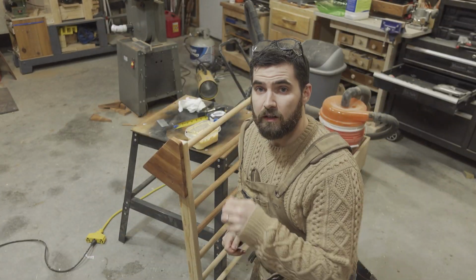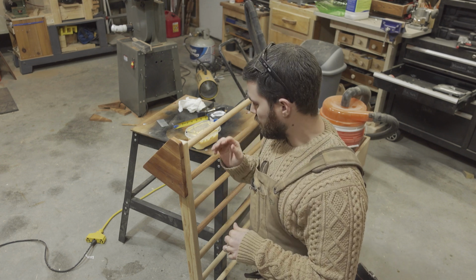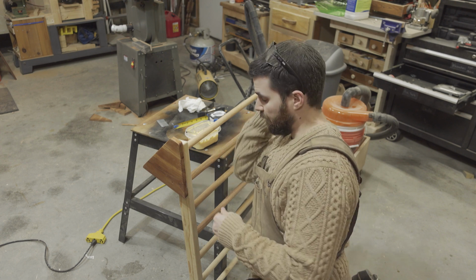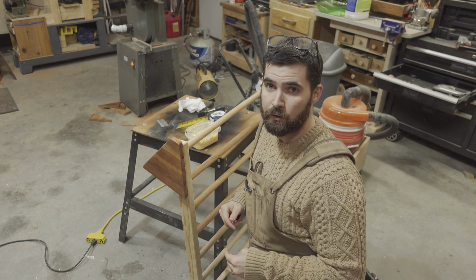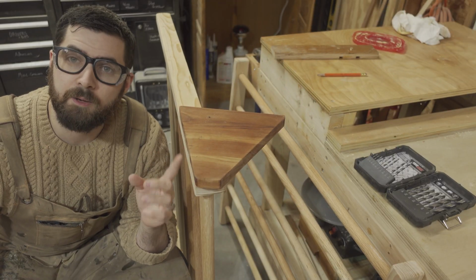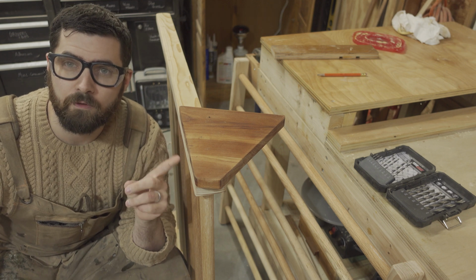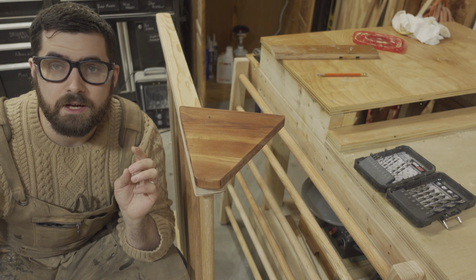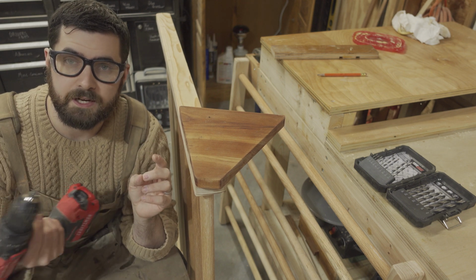Okay, alright, that is now mounted. I'm going to give it about 5 or 10 minutes for the glue to set a little bit before I start drilling the hole with the Forstner bit. I'm now ready to drill the 1-inch hole for the dowel to hold the brace onto the legs. I'm going to drill a 9/64